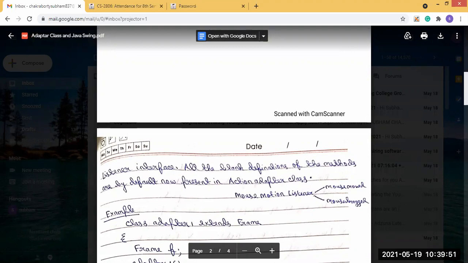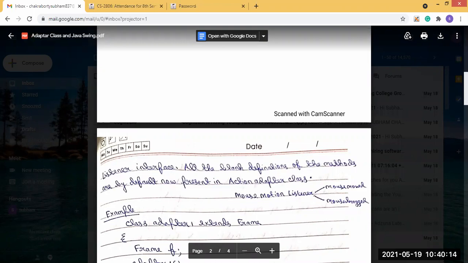Now, if we take the example of the mouse motion listener, the mouse motion listener interface has two methods present in it: one is mouse moved, another is mouse dragged. So for the mouse motion listener, there should be a mouse motion adapter class.